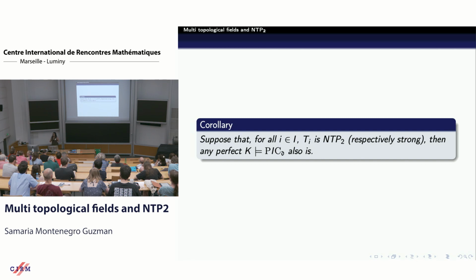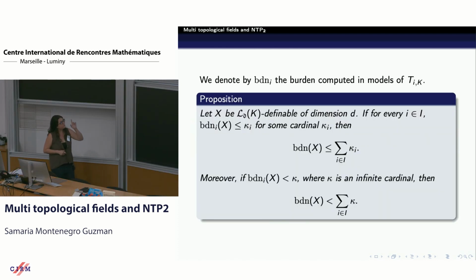Of course, that implies immediately that if, for example, each Ti is in NTP2, you will obtain that the PIC field is also in NTP2, okay? To prove this is not complicated. You do it by contradiction. You suppose that this is not true. You take your inp-pattern, which will be bigger than the addition of the kappa i,